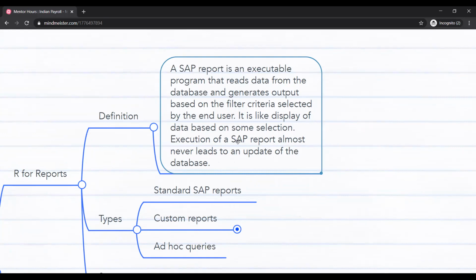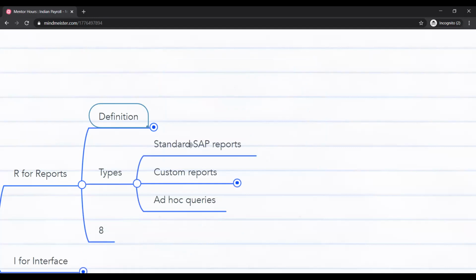It will just pull the data from the database and present it, but it will never change any data. Whether you execute a standard report or a custom report, it will only present the data to the end user. That is the definition of a report.